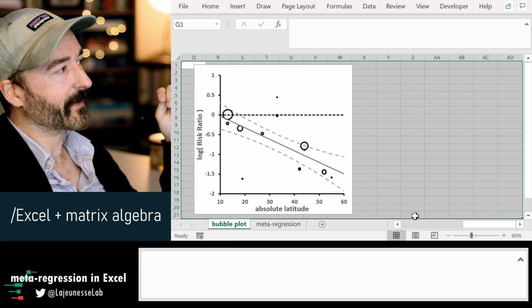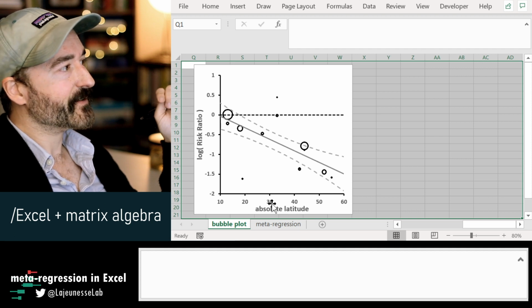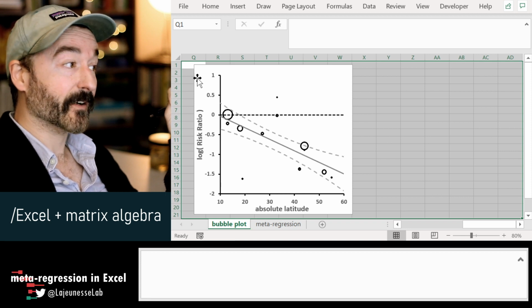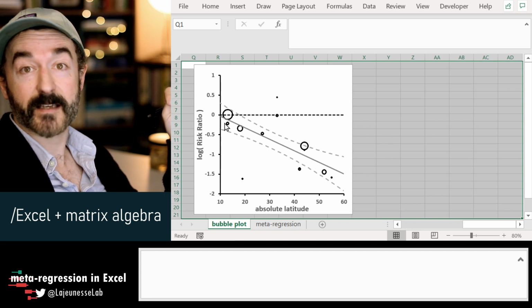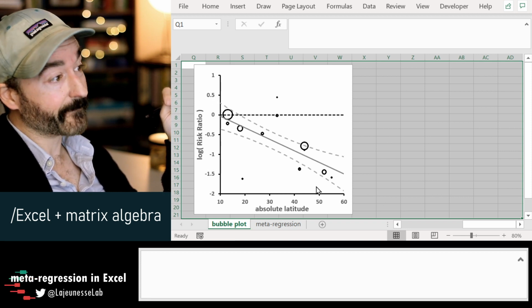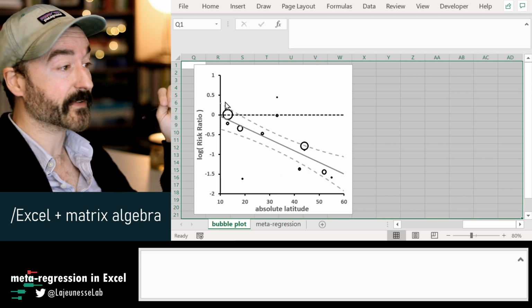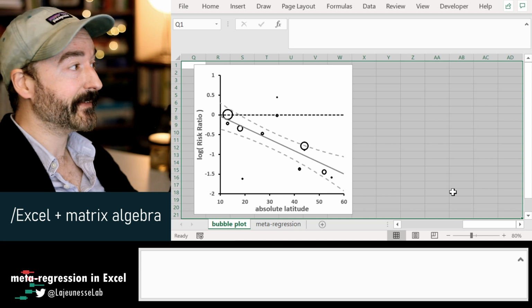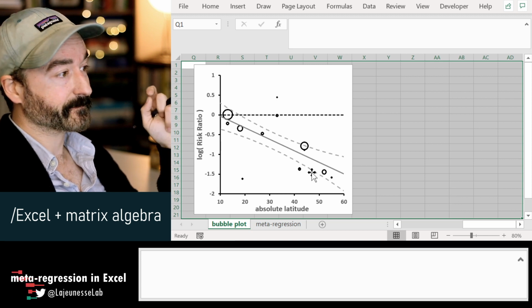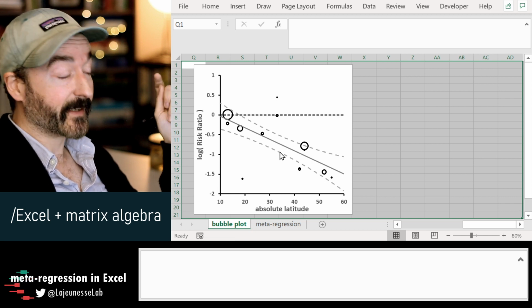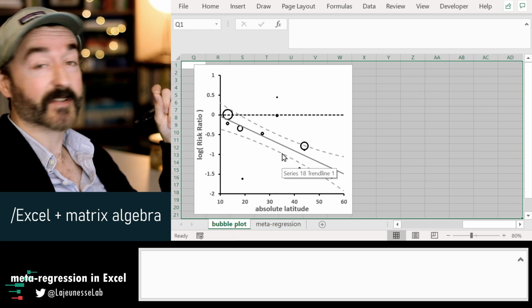This could be anything. It could be age. It could be some other type of continuous predictor. And then here are your study outcomes, your actual effect sizes. We got a line fit, intercept, slope, 95% confidence intervals, and it's clear that there's a negative trend, which we're going to try to replicate using matrix algebra,